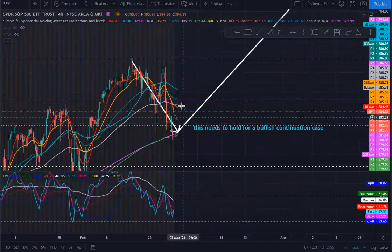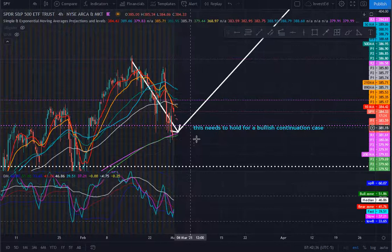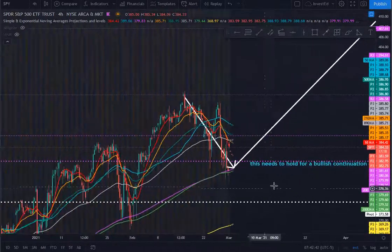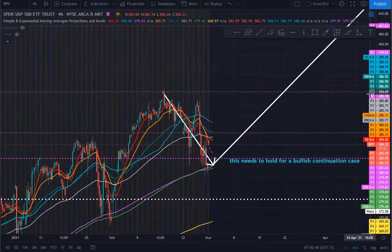So for intraday, I'd be looking for either getting some puts on a quick play, but again, personally, I'm just going to wait. Not financial advice, but I'm just going to wait after this weekly close. So for this week, we're just watching, staying safe,